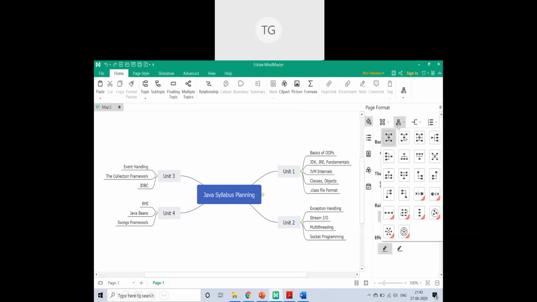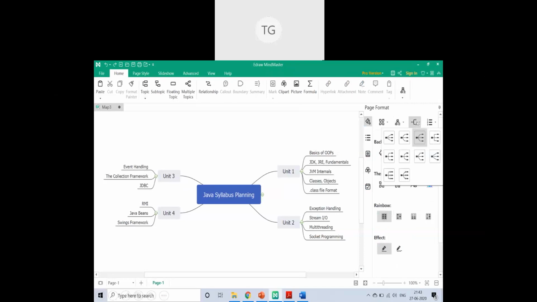Next, you will say, okay, how do you want your topics and subtopics to be arranged? Do you want it to be left aligned, right aligned, evolving from the center? All the basic alignment operations that are available to you will be mentioned in this option. Next, you have seen how topics are related to subtopics. What about further branches or further detailings? How do you want them to come? You want them to come in any one of these representations, you can select. So these are certain page formatting options that you can have in order to format the look and feel of your basic mind map that you have drawn.